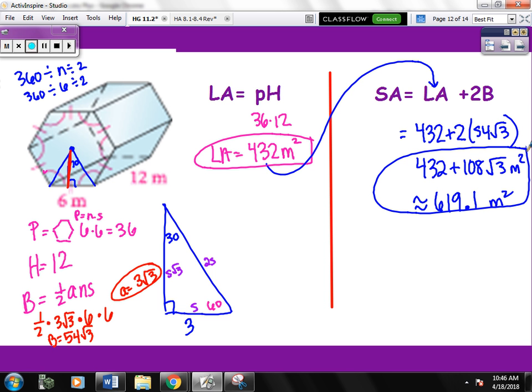Tomorrow we're going to look at the pyramids. The pyramids will be different formulas, obviously. You're still going to have to find big B because you'll have one base in a pyramid and all the sides will be triangles. Okay. The closure asks us